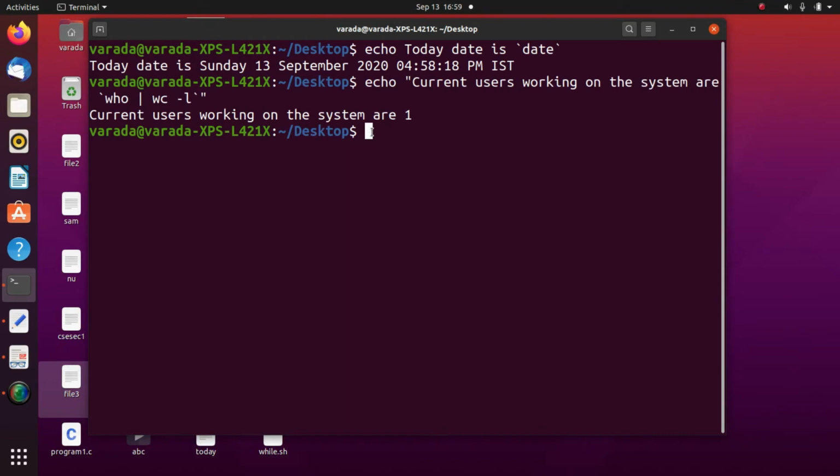Now we see command substitution in a shell script. I am creating one shell script, cat sample.sh.